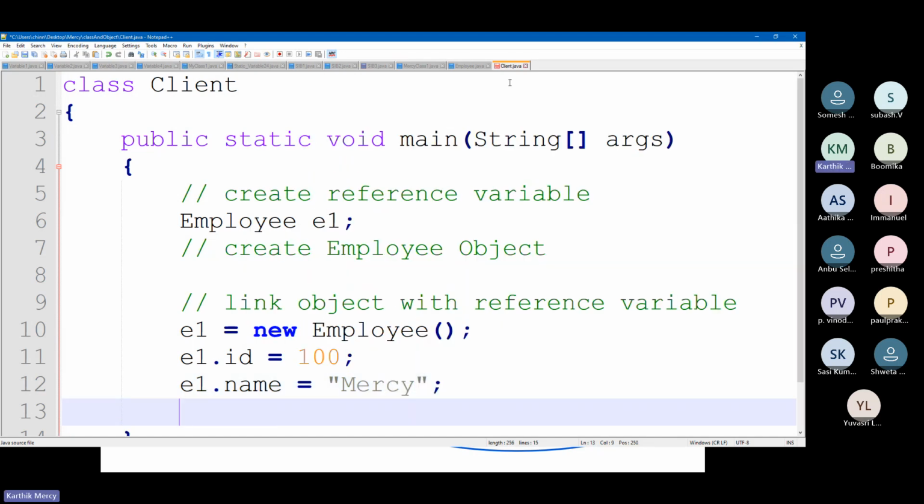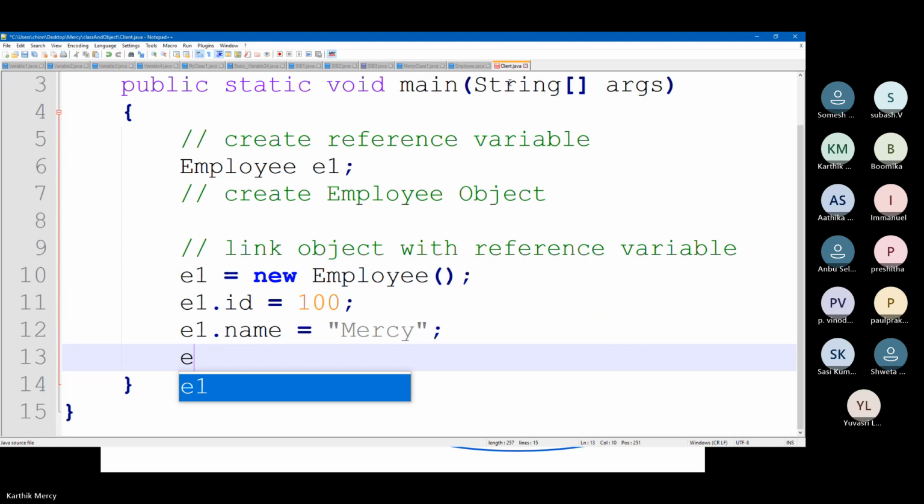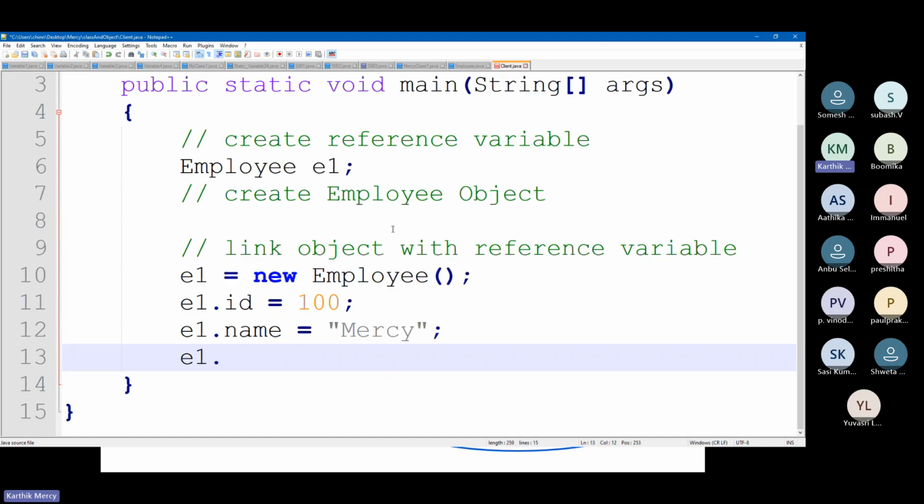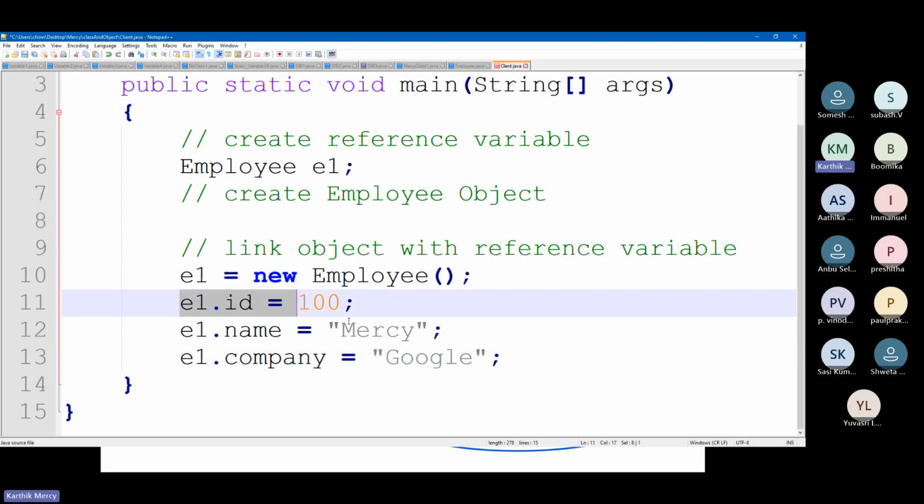And E1.company equal to Google. Let me put that inside a string. E1.company equal to Google. I am assigning a few things over here.